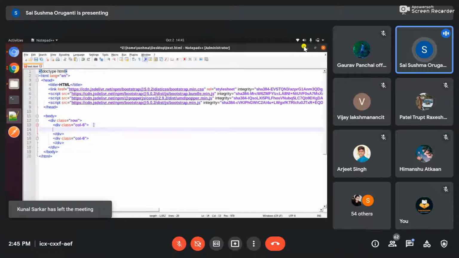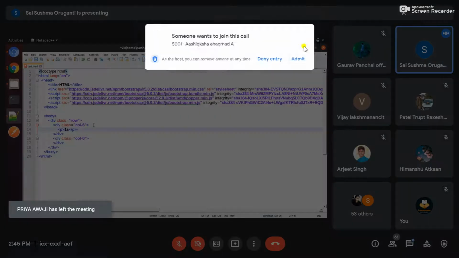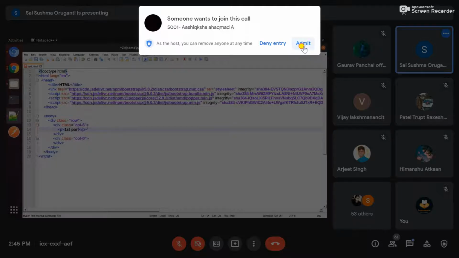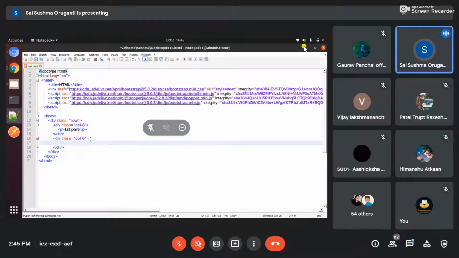So here in col 6, first I will write some p, any paragraph text, any image, whatever you want, you can display. See, this is the first part, and here comes the second part.